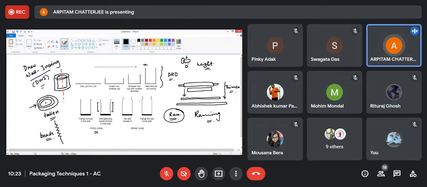Okay. And in case of liquid or drink cans, we don't have such beads. Now say for example, why these beads are necessary? These beads are necessary to control the